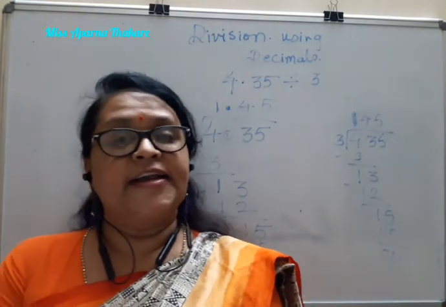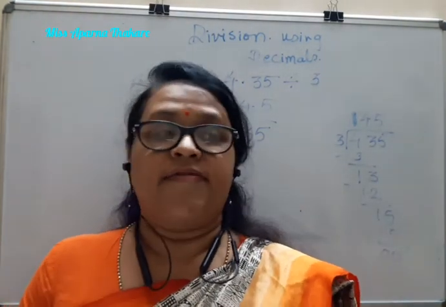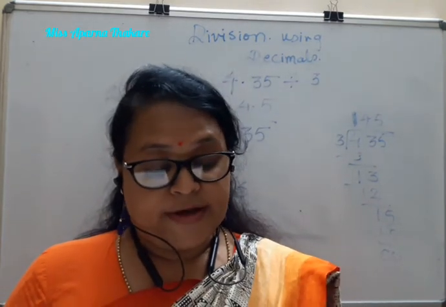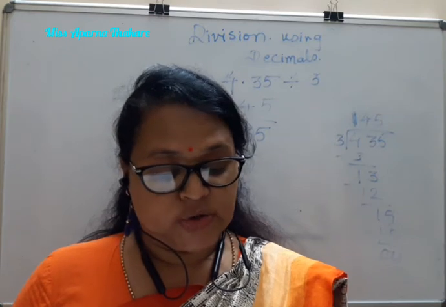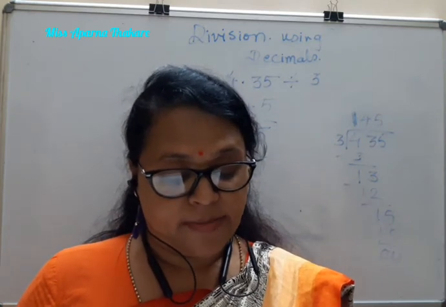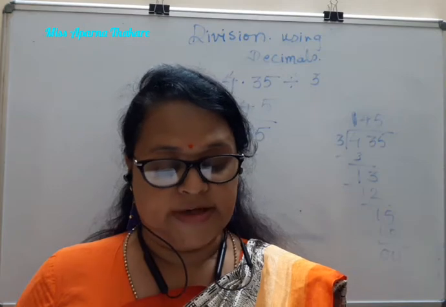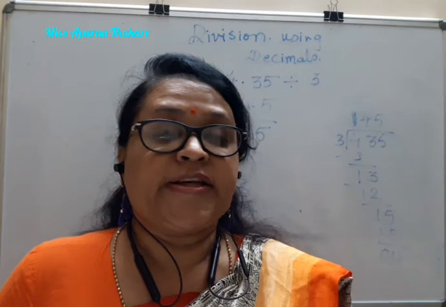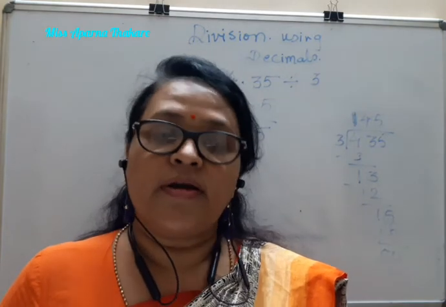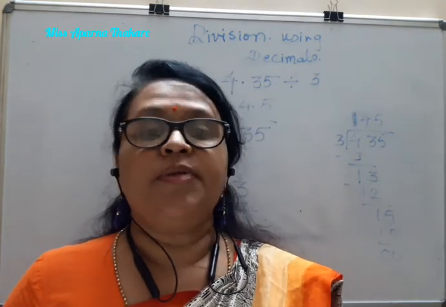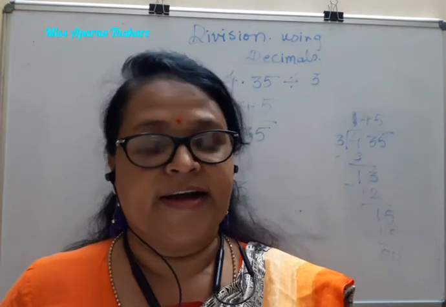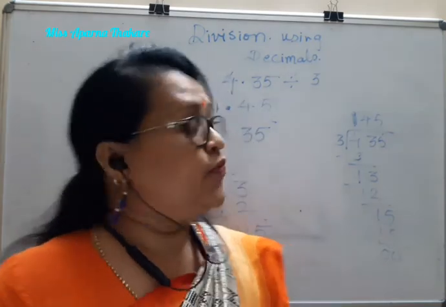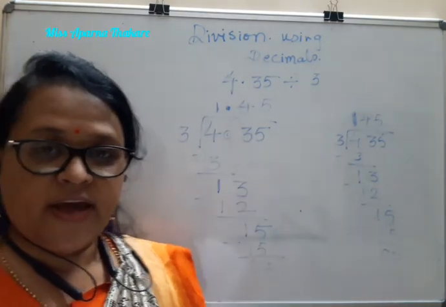See the steps. The divisor is smaller than the dividend, meaning the dividend is greater than the divisor. Do not show the decimal in the working of the sum; only the dividend and the quotient should appear. The decimal point does not always come at the first place, it depends on the dividend and divisor. The answer is 1.45, so my answer is right.